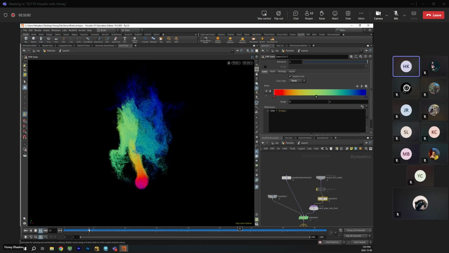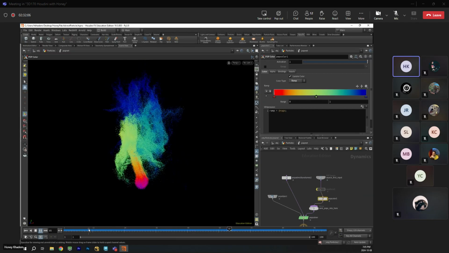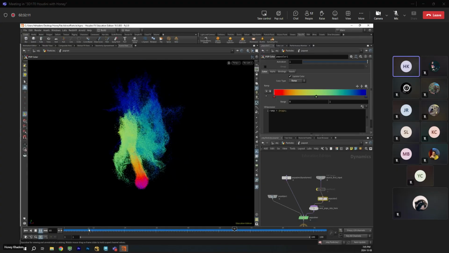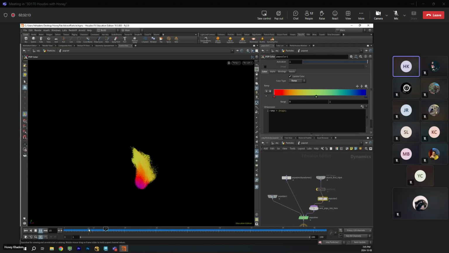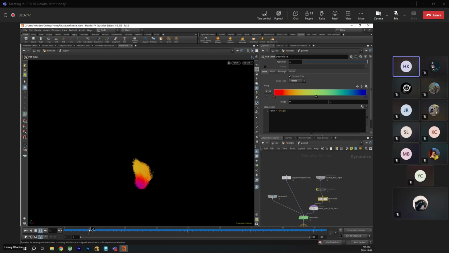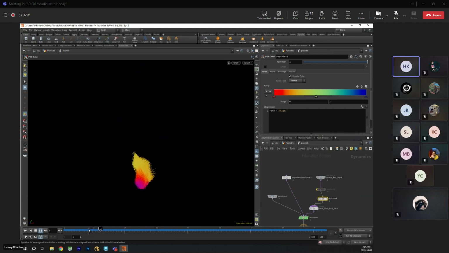So to travel 1 meter, it's going to take one second. That's the velocity. This velocity is the most needed thing in all your simulations in FX. In all the FX simulations, everything, you need velocity.